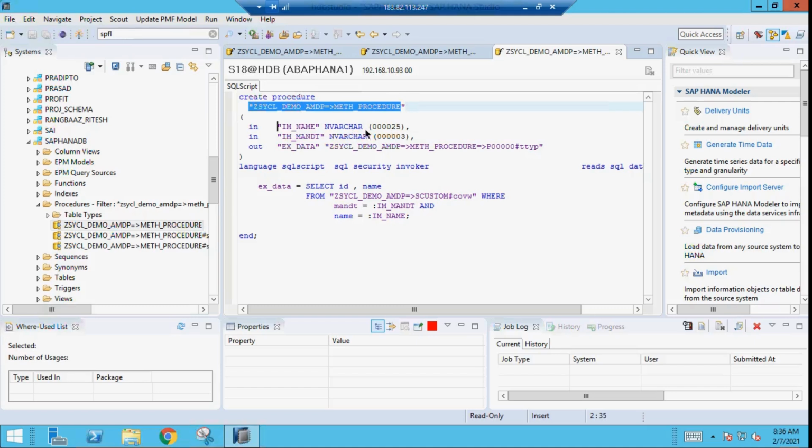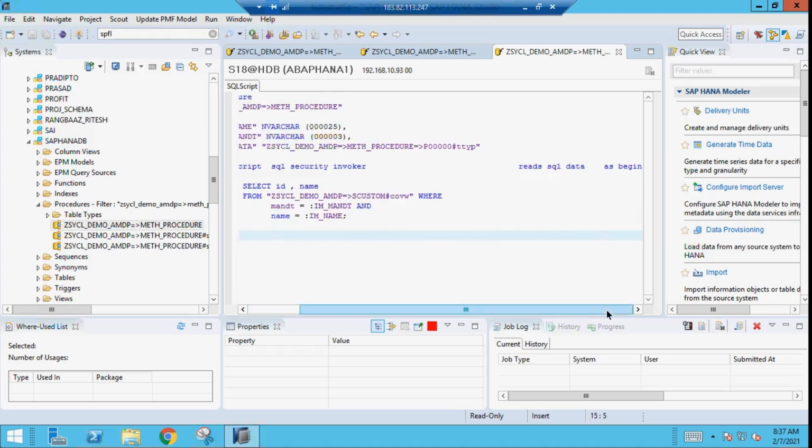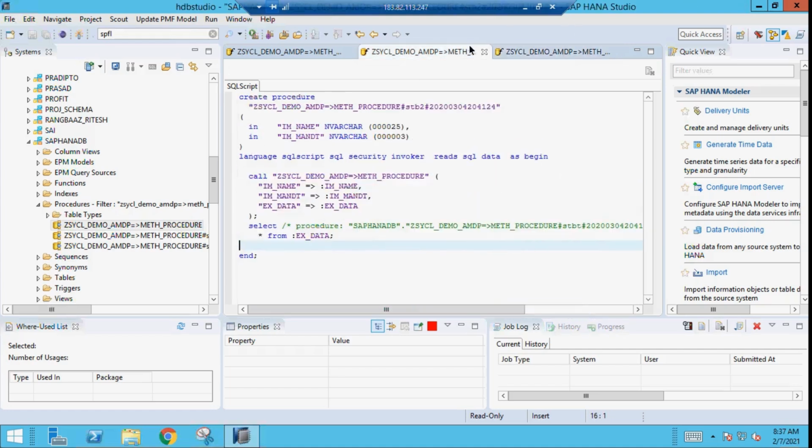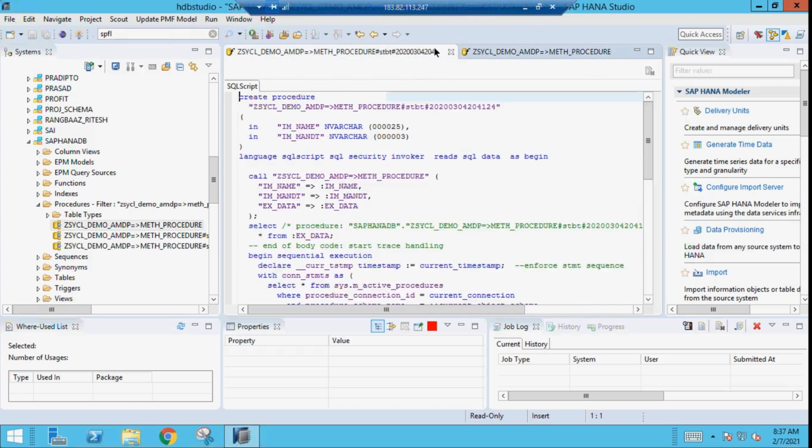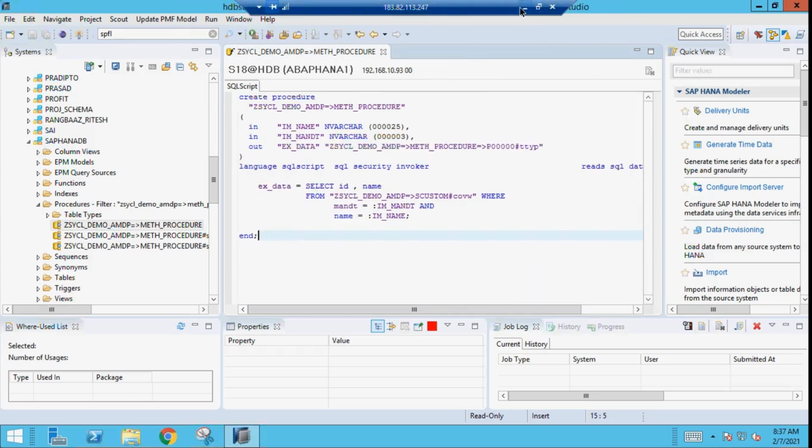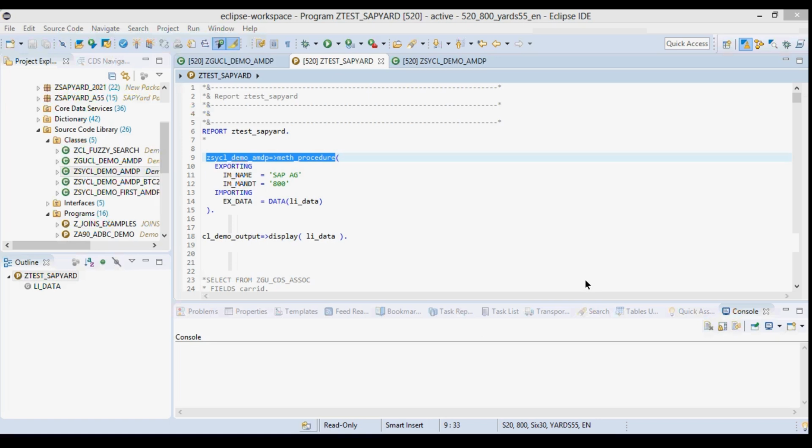This is the procedure name, these are my input and output parameters, this is of type this table type, and this is my select query from the custom table. So this is how the database procedures look at the database layer corresponding to our AMDP.